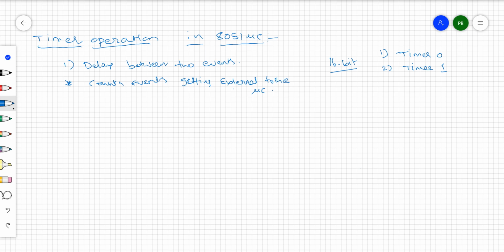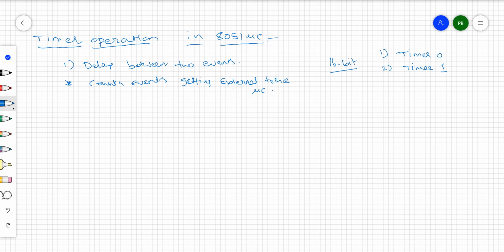While using as a timer, it provides the delay between the two events. Otherwise, we can count the events coming externally to the microcontroller, that means whatever pulses we give as input to the timer or counter pin, internally the count is incremented in the timer registers, right?